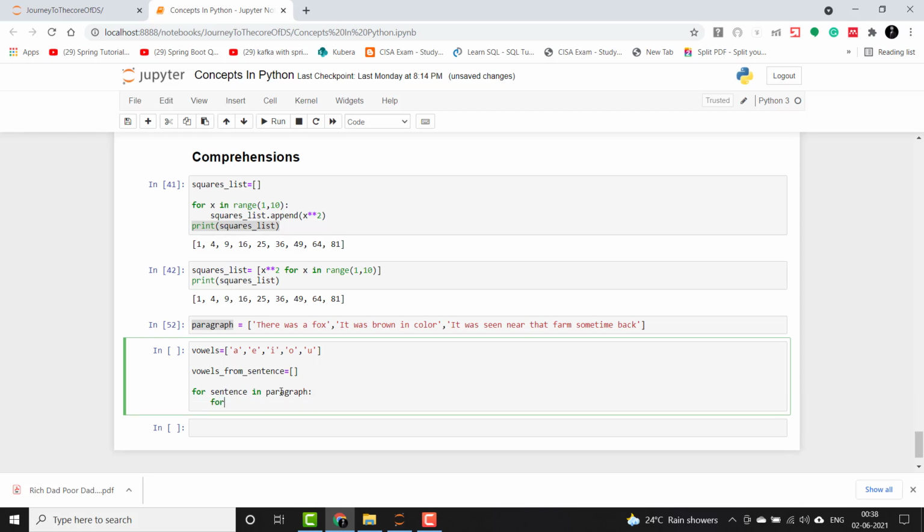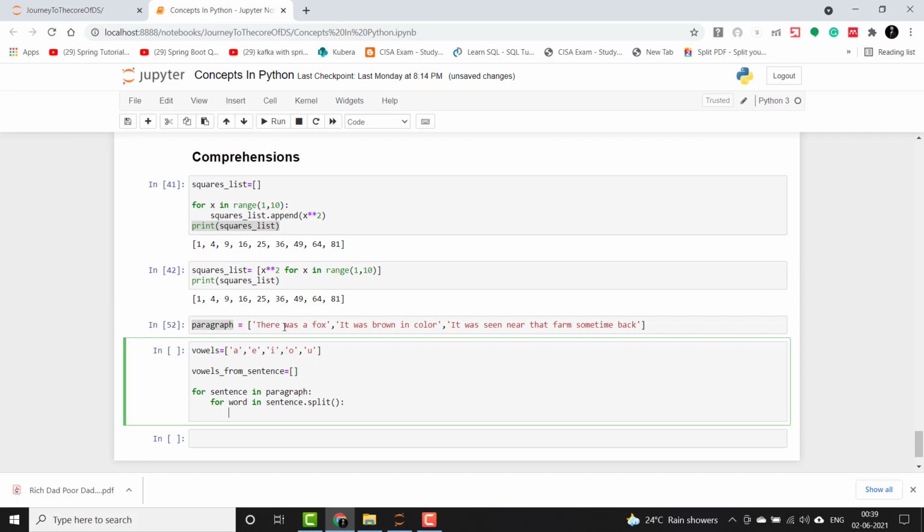Then next we will iterate the sentence using split, and it will return the words in it. Normal split will split it via spaces, so it will return individual words.